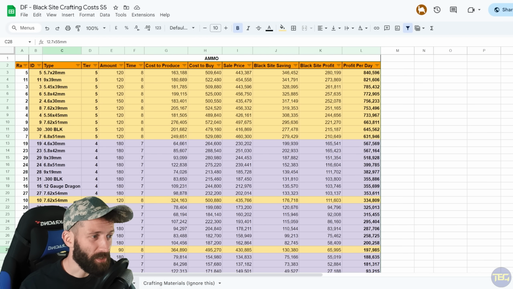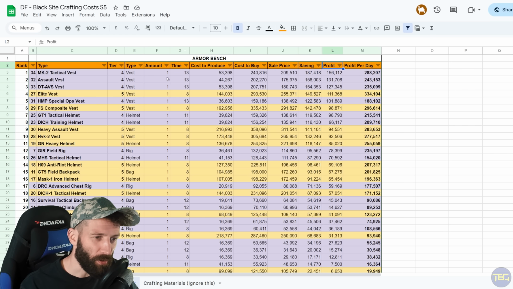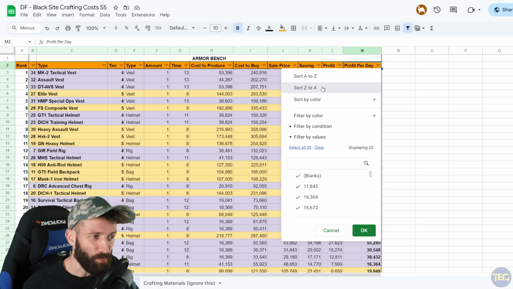Over on the armor tab, we can do the same thing. You can see we've got maximum profit per item. This one gets a little bit more confusing because purple armor takes ages to craft, but sells quite well. The times are also slightly modified by an event that's active at the moment, but the Mark II tactical vest, if we craft one of those, it's only going to cost us 53k to craft it, and we could sell it and make 156,000. That said, it takes 13 hours to produce,